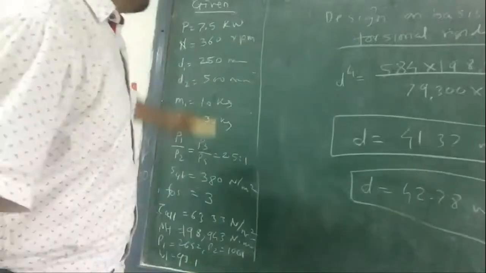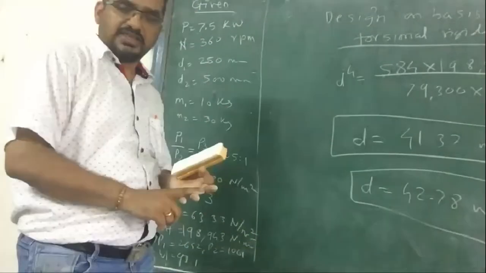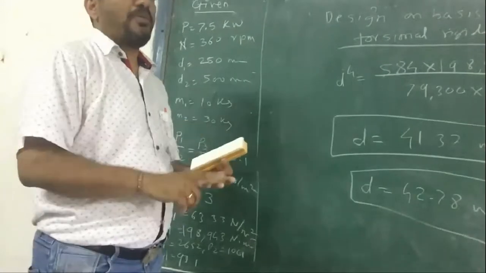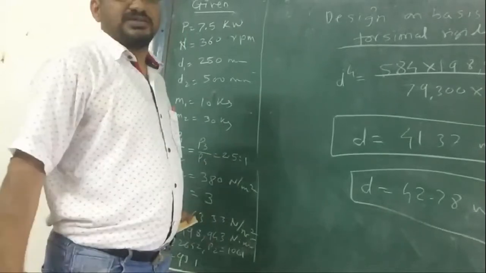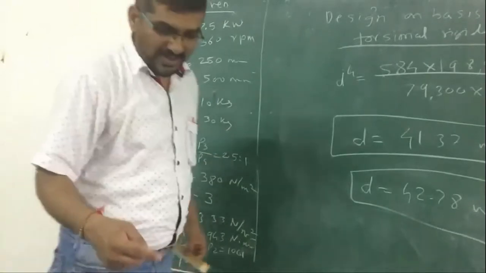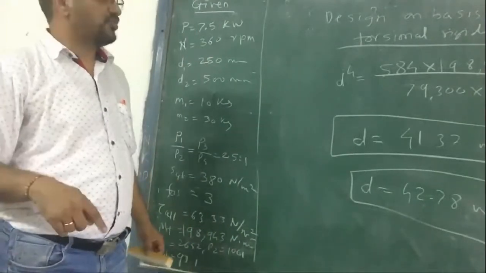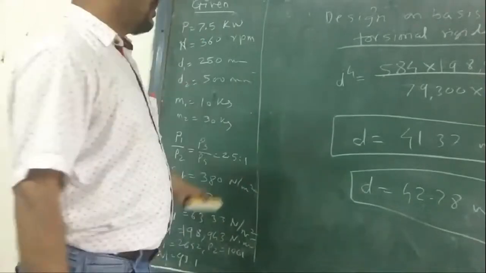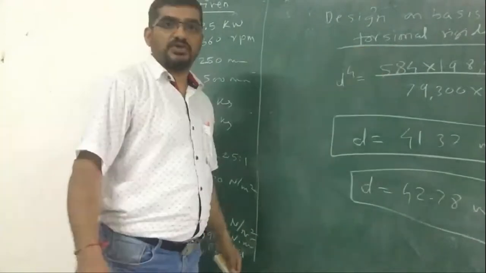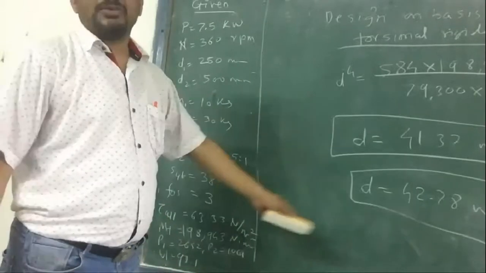For the approach to the problem, we need to know the direct stress, the shear stress, the bending moment, the twisting moment, and the allowable shear stress. Then we use tau allowable or tau max equal to 16 upon pi d cube times the square root of Mb square plus Mt square. For that we need to know Mb and Mt, right? Bending moment and twisting moment, we calculate at each point. We will calculate the bending moment and take the maximum of those. And the twisting moment, the torque, is the same throughout.